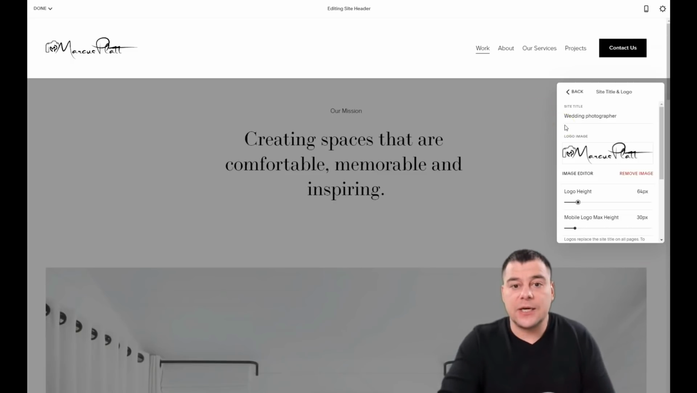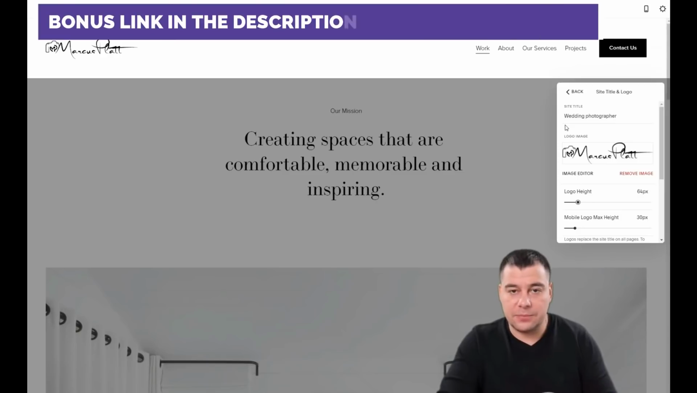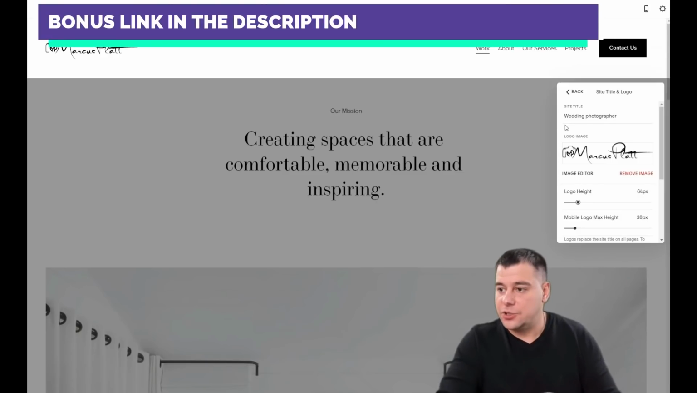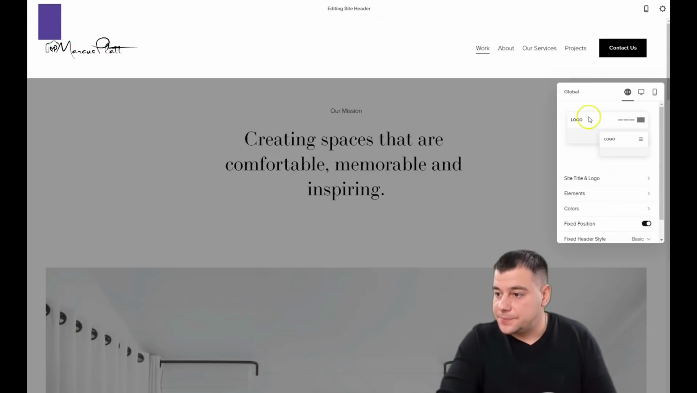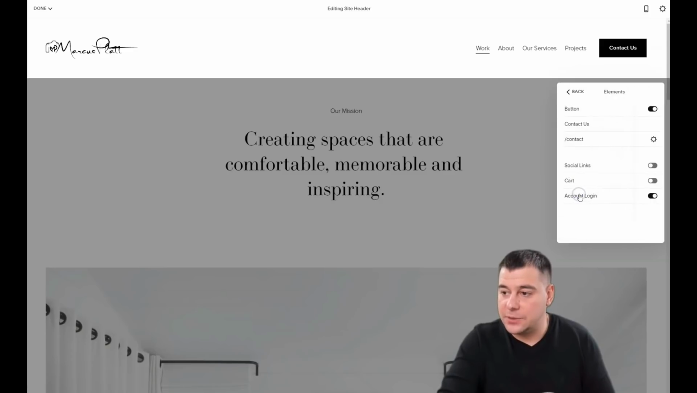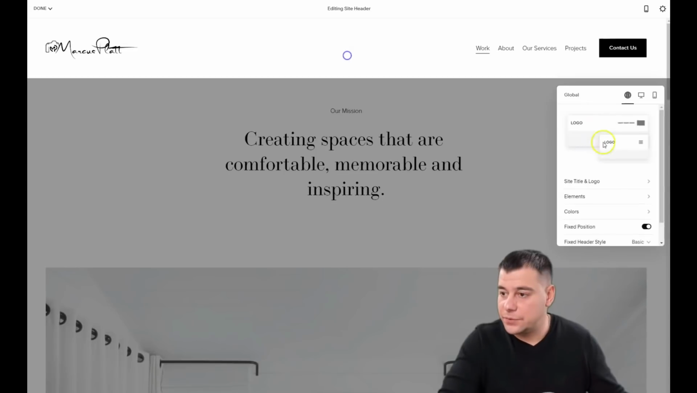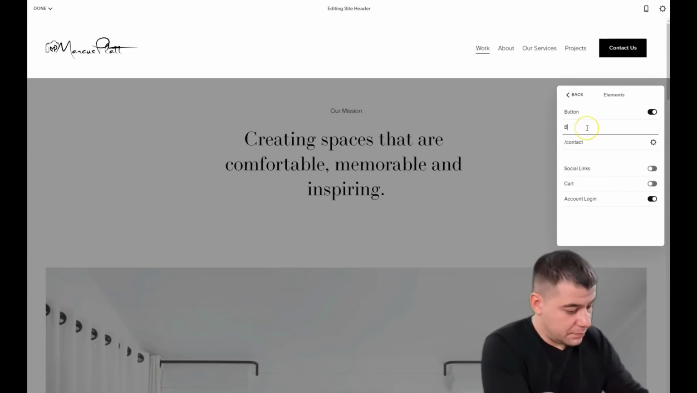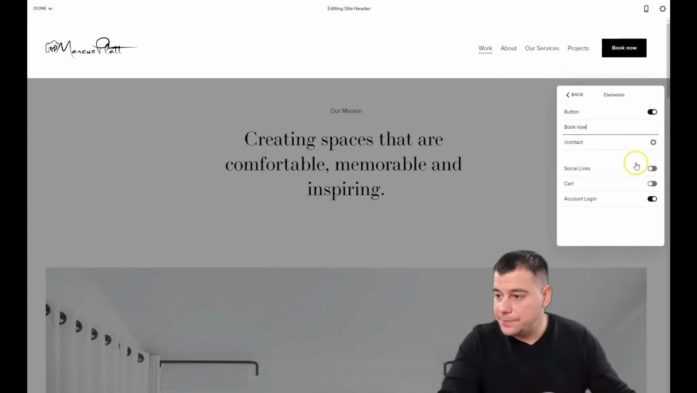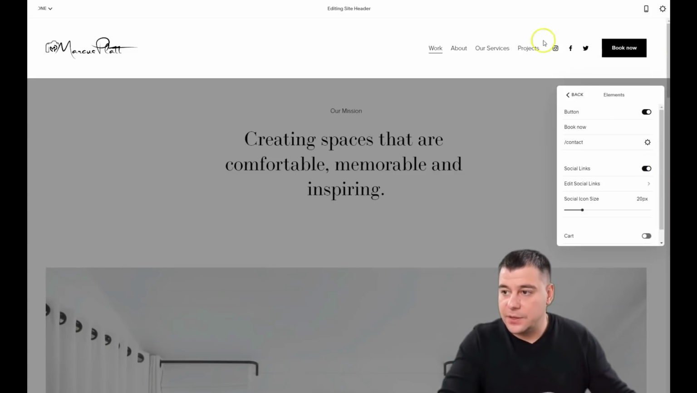So that means that people who will discover your web page or landing page from mobile devices should see the great picture, everything should be visible, and so on and so on. Okay, site title and logo, and we jump into elements. Elements is a button right here. Let's rename it. All right. You can enable social links right here, and they will appear